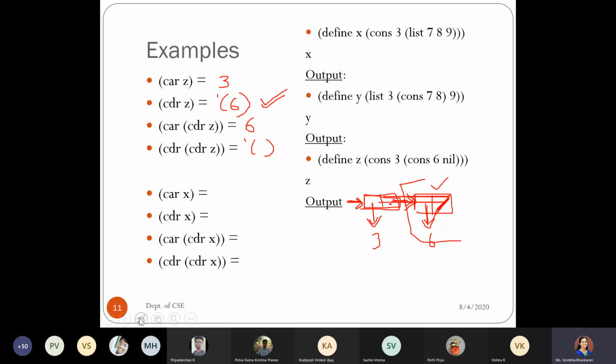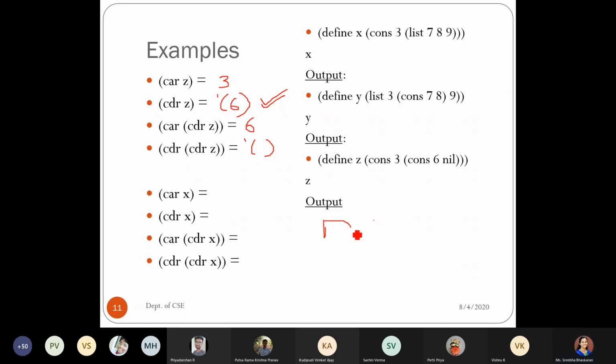Now with respect to variable x. So what is our variable x? If you remember the box pointer representation what we have drawn, it will be nothing but, first cons. So starting pointer, which will be pointing to, first content is cons of 3, which is nothing but 3. The second part is again pointing to list of 7, 8, 9. So when I say list, if we rewrite it, it will be nothing but cons of 7, cons of 8, cons of 9 and nil.